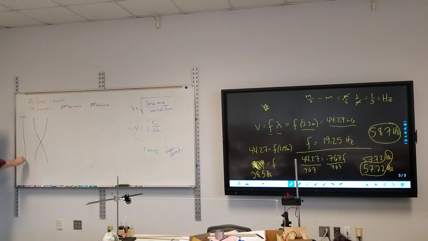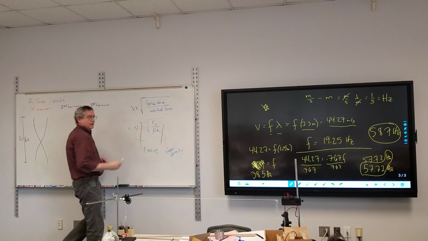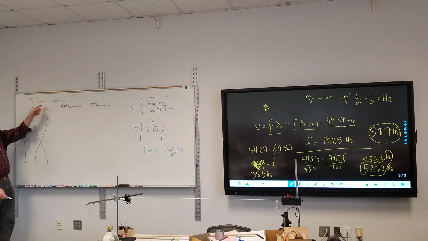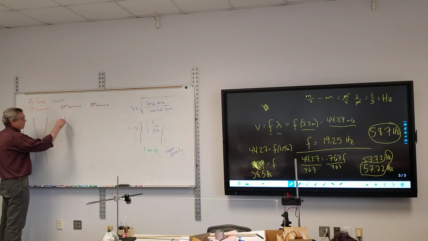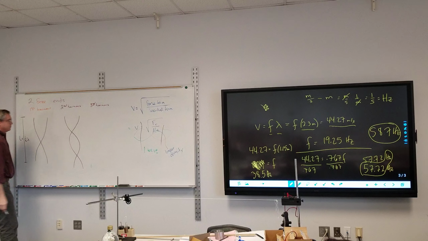So if that distance there is L, L is equal to a half of a wave. Basically, if you think of a full wave right here, all we did is just chop off the end quarters, and we're left with a half of the middle. The second harmonic, well, I start out with an antinode, I have to end with an antinode because they're both free ends. How many waves